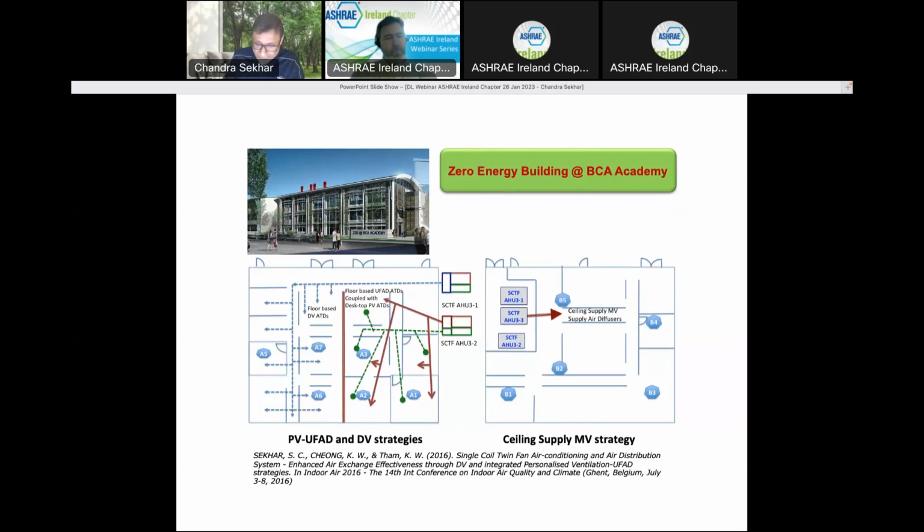It's another study here. I will not go much into the detail of this, just to give you an example that we actually tried this in an actual demonstration building where we were able to install personalized ventilation and underfloor as a combination strategy. And this part of that room or that large space was displacement ventilation. And we were comparing with the conventional mixing ventilation, a typical standard design that you find in most buildings.